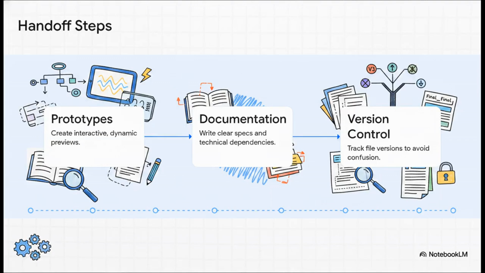We need interactive prototypes that actually show us state changes on hover or click, not just flat JPEG images. We need crystal clear documentation listing dependencies and dimensions. And crucially, we need dedicated version control for design files. We can't be pulling our hair out trying to build from a file named final_v3_draft.figma. We have all been there, and honestly, it's a